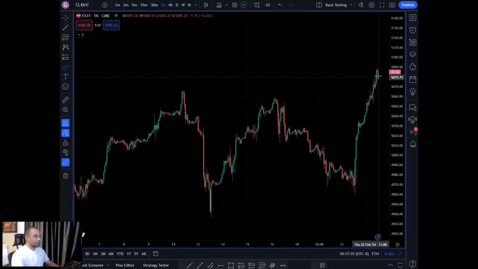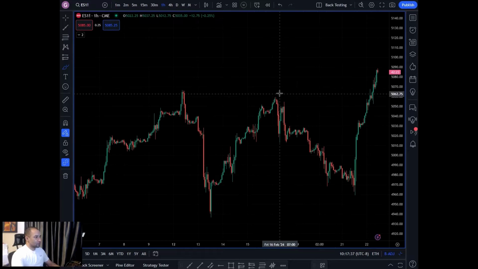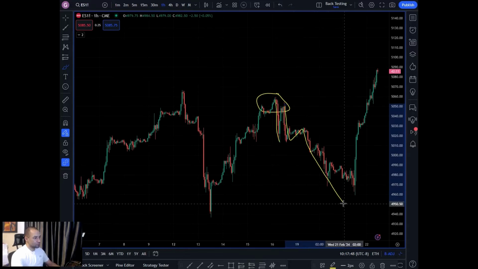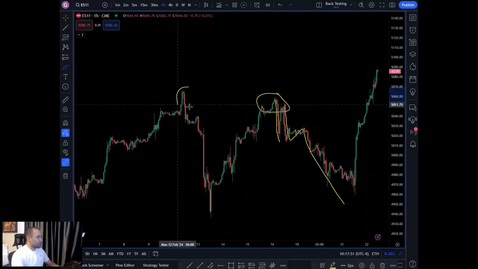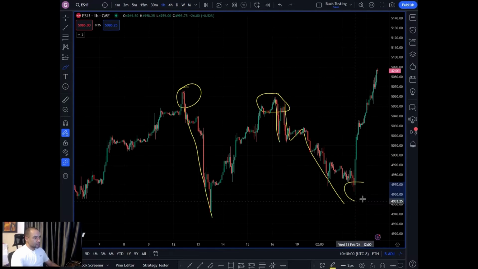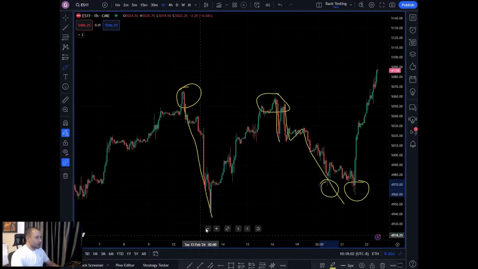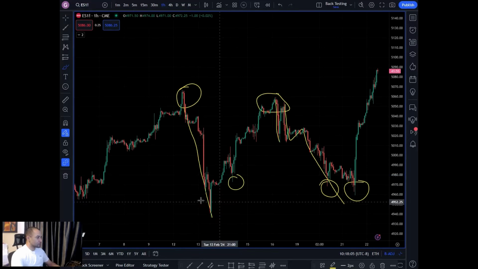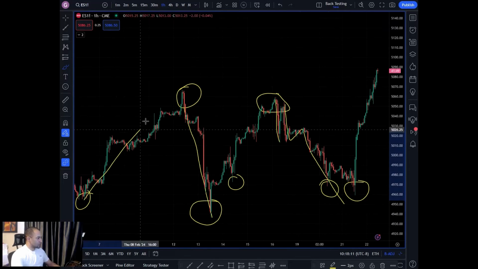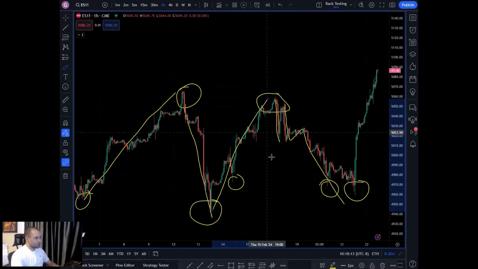So just looking from right to left, I see that price has had trouble breaking through here. Okay, it stopped here a couple of times, once and then twice, and actually moved pretty deep down. And then also back here, and then moved pretty deep down. And then it's also rejected down here once, twice, 3 times, 4 times, 5 times. Okay, and from each of these, it's moved up a pretty decent amount.